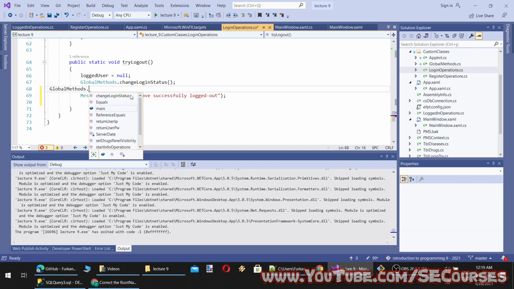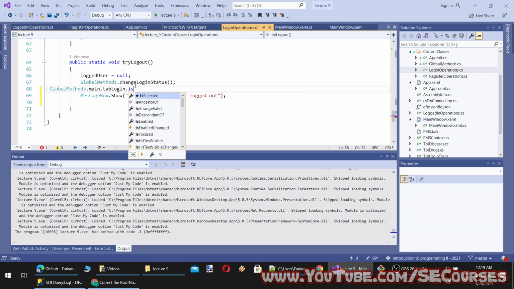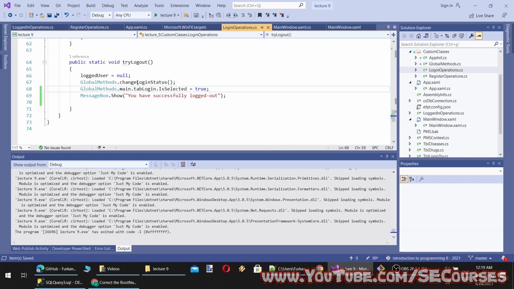Global methods dot main dot login tab login is selected true, and